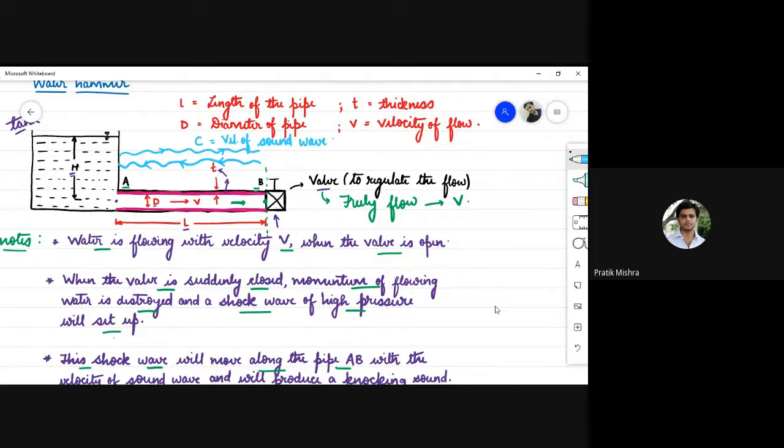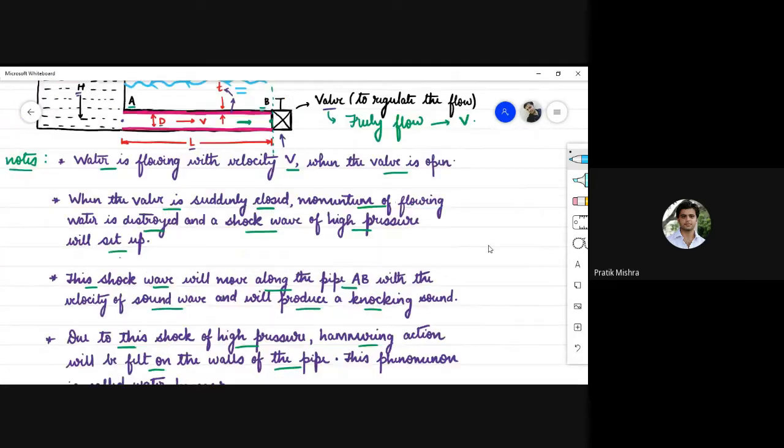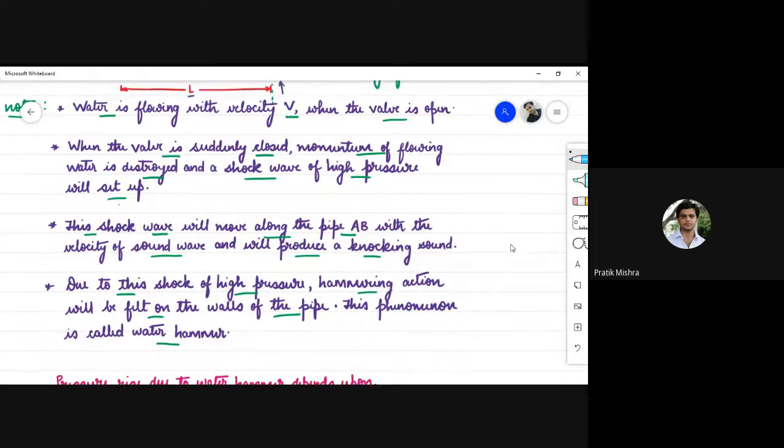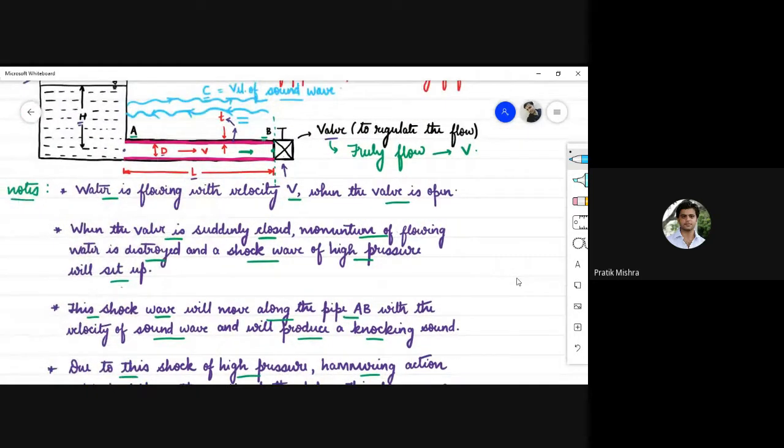Okay, so this shock wave will propagate with the velocity equal to the velocity of sound wave, whose value is c. ठीक. अब कुछ चीजें देख लीजिए. हमको बेसिकली डिराइव ये करना है कि वॉल्व क्लोजर के बाद में कितना अमाउंट ऑफ प्रेशर हेड विल बी डेवलप्ड बाय दिस शॉक वेव. ठीक, पर्पस हमारा स्पेसिफिकली क्लियर कि वॉल्व जब क्लोज होगी तो उसकी वजह से जो साउंड वेव या शॉक वेव प्रोड्यूस हुई है, उस शॉक वेव की वजह से कितना प्रेशर हेड विल गोइंग टू डेवलप इनसाइड द पाइप लेंथ AB.